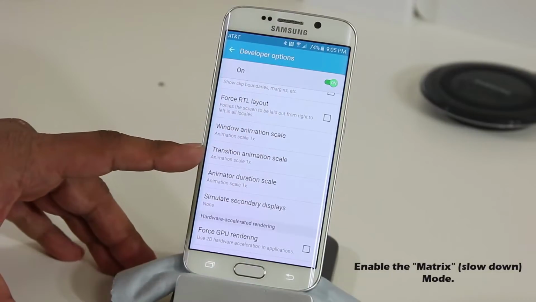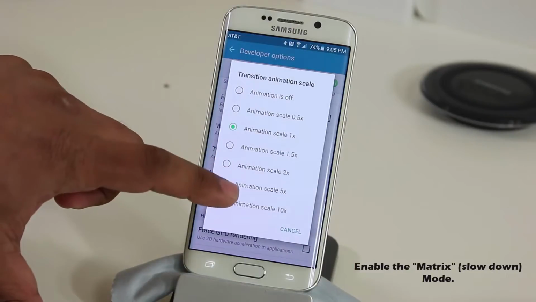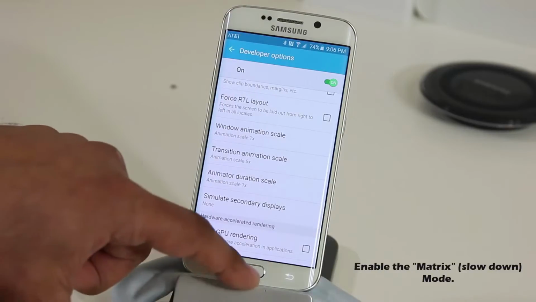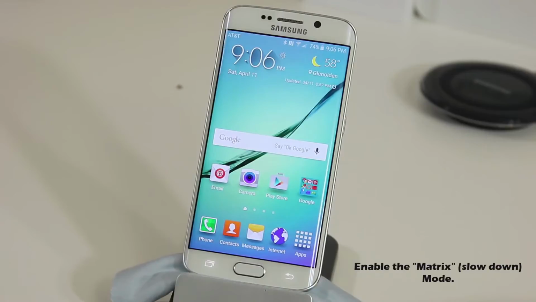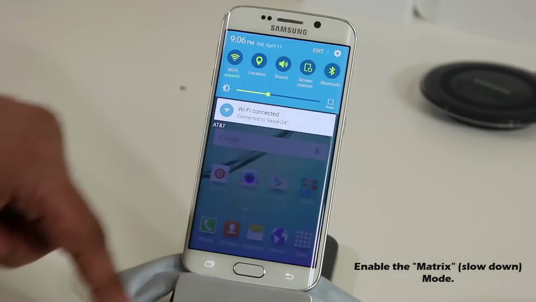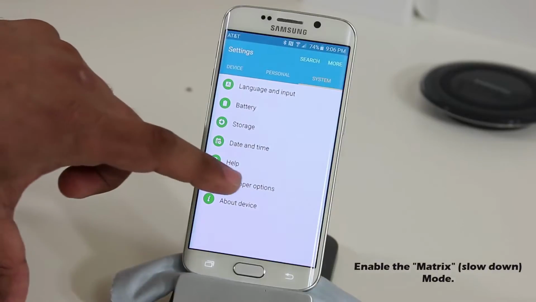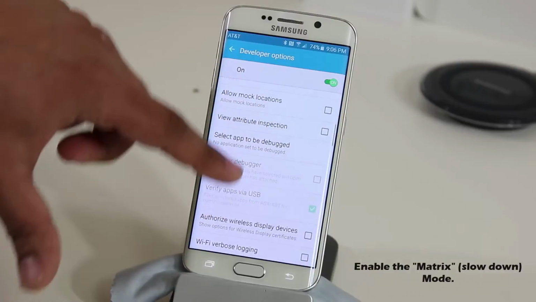So let's tap this right here, animation scale, and let's go by 5x. Now what's going to happen is every animation on your phone is going to slow down. So when I go back home, it's going to give me a slow transition back home. And if I pull the menu down, tap settings, as you can see, that's a very slow transition. Options, very nice fade. And if you go down again,